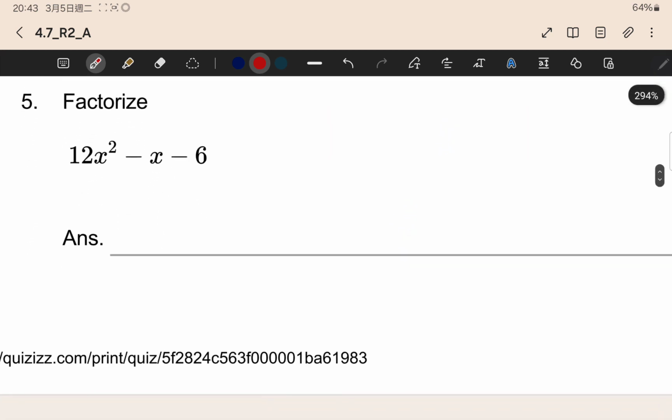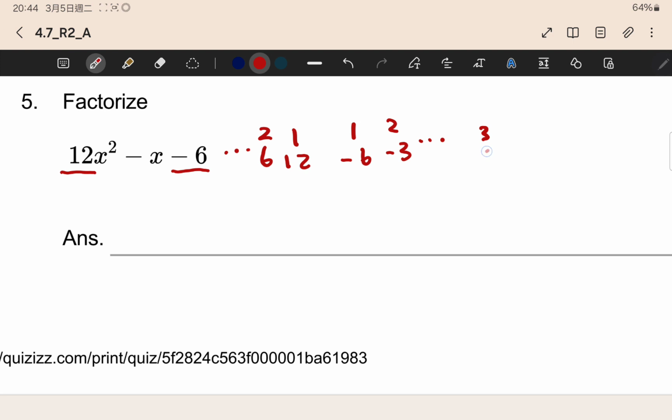Question number 5. Factorization of 12 can be 1 times 12, 2 times 6, and so on. Factorization of minus 6 can be 1 times minus 6, 2 times minus 3, and so on. After checking, the correct combination should be 3, 4,